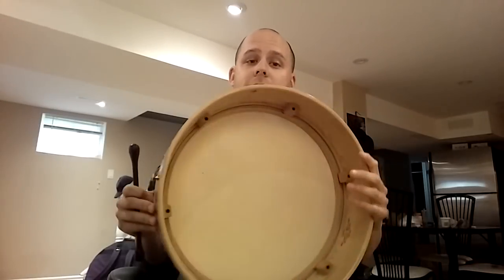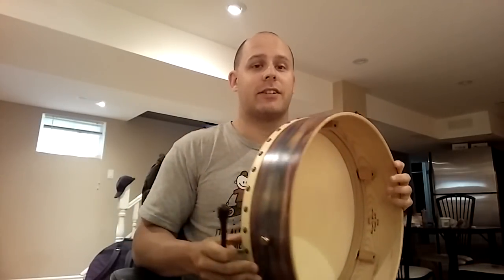Next one up. The last purchase I'm making in the bodhran world is this. It's a Belgarth. Belgarths are no longer in production. Sadly, and Leonard doesn't make them anymore. It's pretty much retired from it. They come from the Orkneys. This is a 5-inch, which is the most comfortable for me, but it's a